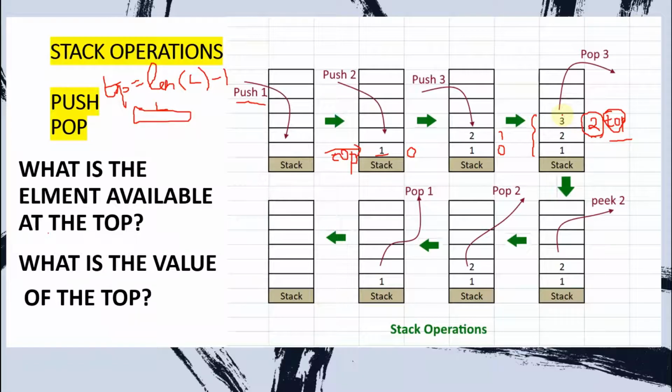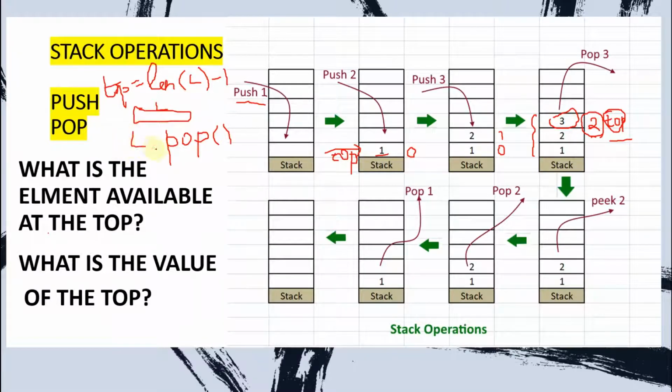Now I'm popping; the pop operation is being implemented here. When I'm popping an element, the last element which I have inserted will be the first one to come out. So if I do pop 3, it just means that I'm removing the last element. In Python, if we want to remove the last element from a list, we have a method called pop, which is going to remove the last element from the list.